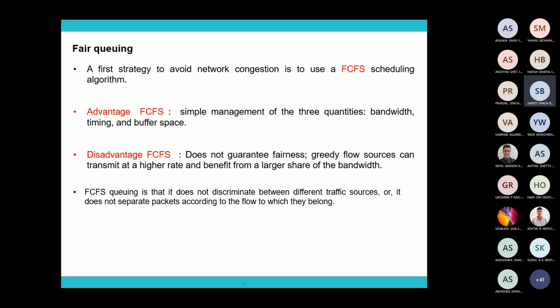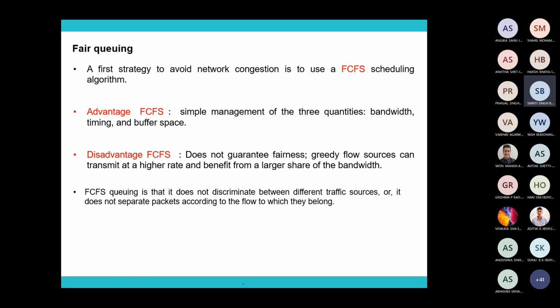Okay, so here they have given maybe some example. Why do we have to go for this fair queuing? Before that, they are giving some other examples, right? So with respect to first come first serve, what is the problem with first come first serve? First come first serve will not consider the different classes of application, right?